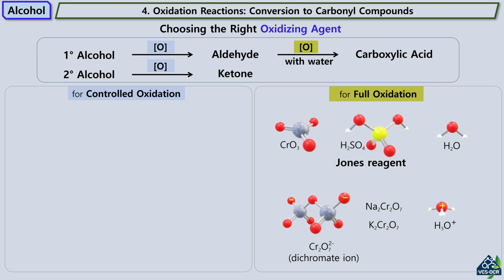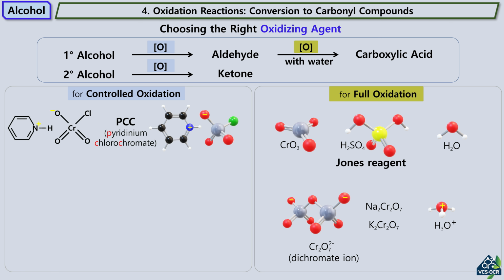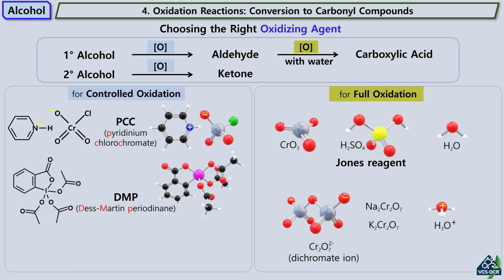For controlled oxidation, where a primary alcohol must stop at the aldehyde stage, milder or anhydrous reagents are preferred. These include pyridinium chlorochromate, PCC, which prevents overoxidation by excluding water. More modern and selective non-chromium methods are also common, such as Dess-Martin periodinane, DMP, or the Swern oxidation, which employs dimethyl sulfoxide, DMSO. Understanding these tools allows us to precisely manipulate molecular structures, beginning with the electron transfer events of